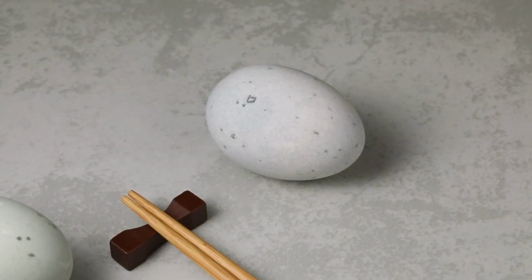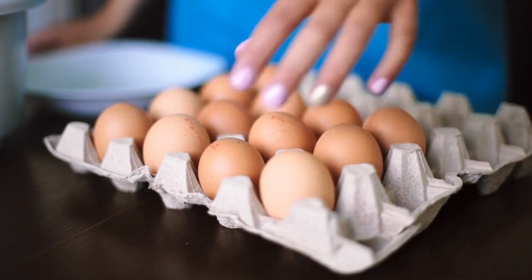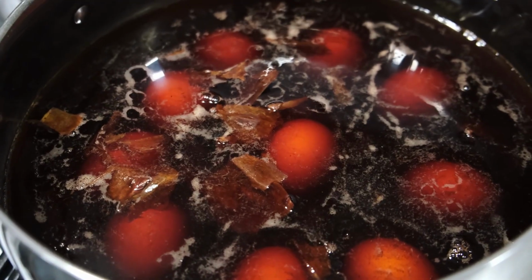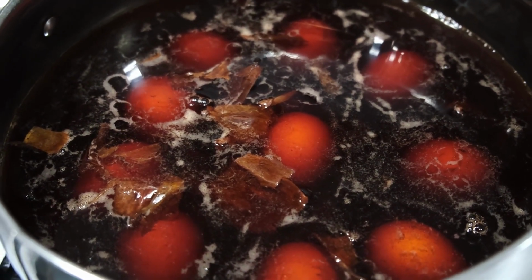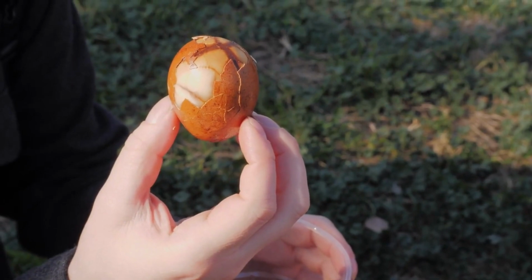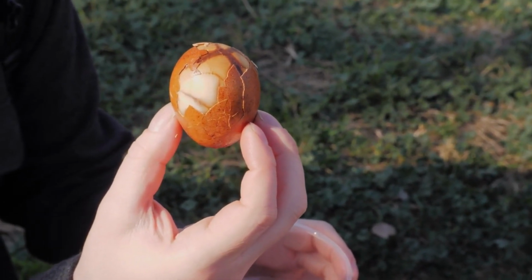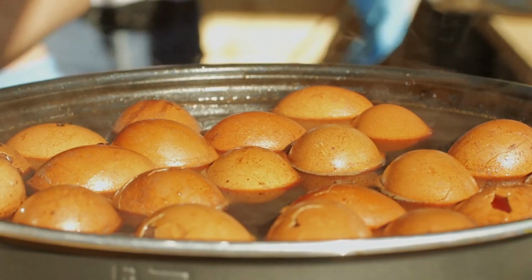The science behind the transformation. Century eggs aren't rotten, they're fermented through a chemical process. When fresh eggs are coated in an alkaline mixture, a reaction breaks down proteins and fats. Here's how it works. Alkaline environment. The high pH from the curing paste denatures proteins, turning egg whites into a gelatinous texture and dark color. Maillard reaction. Amino acids and sugars react,